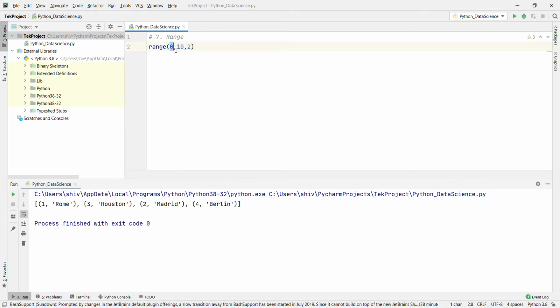Range that starts from 0 and stops at 10, where 10 is exclusive, with an increment of 2. The only required argument is stop. The start and step arguments are optional. Now if you're going to print a list of